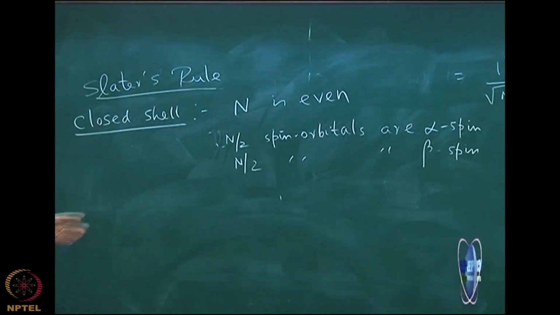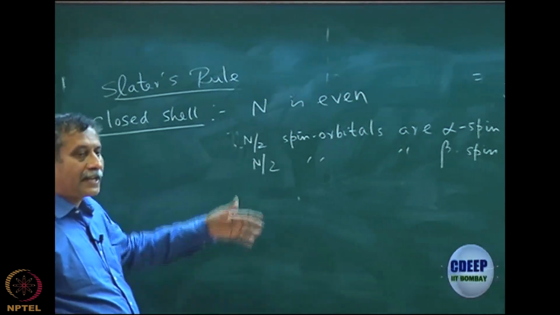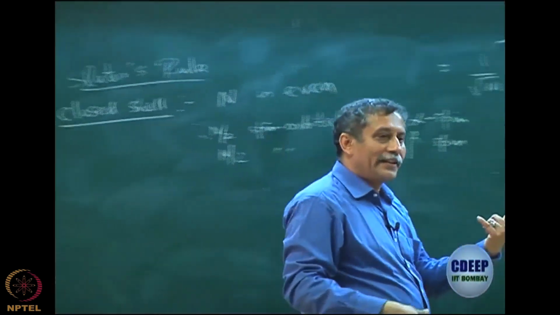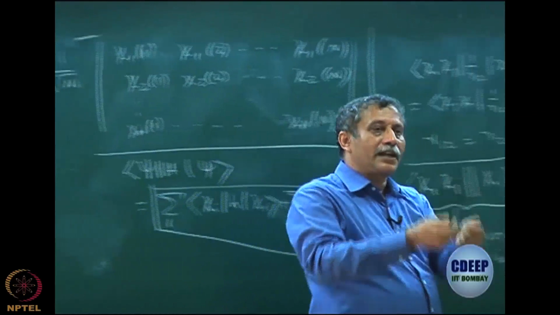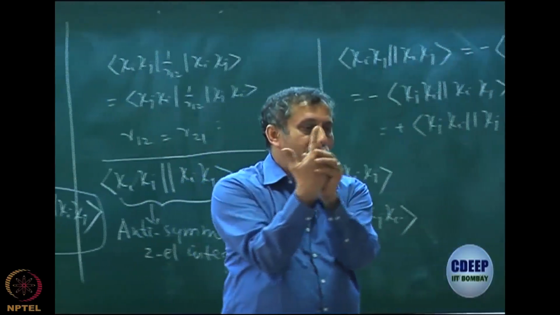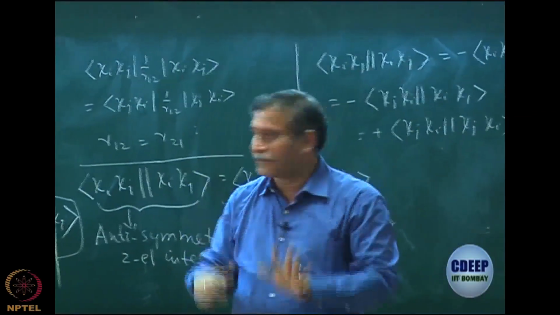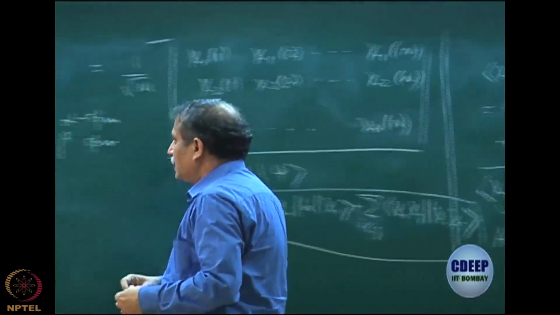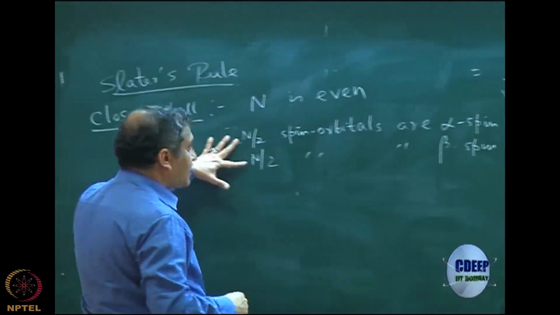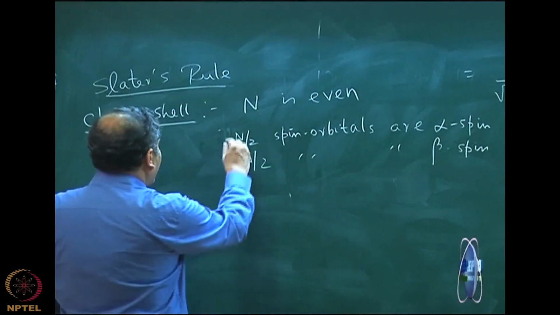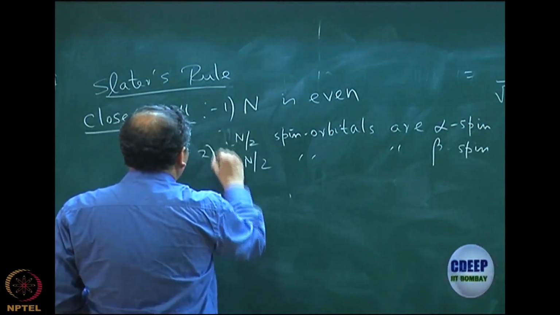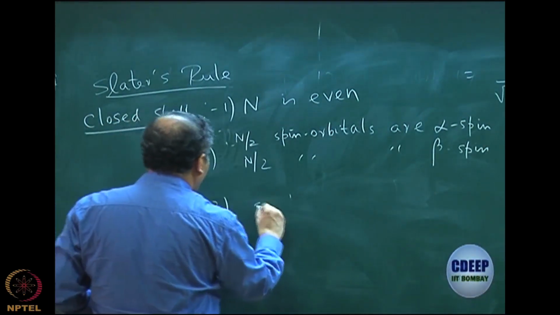Now when I am discussing spin orbitals, it is very clear how the electrons are oriented. If a spin orbital is alpha spin, that means the electron in that orbital is up spin. So that is very clear from the discussion. Then each of these spin orbitals has a space part. So that's number 1. This is number 2. Then number 3 is that the space parts